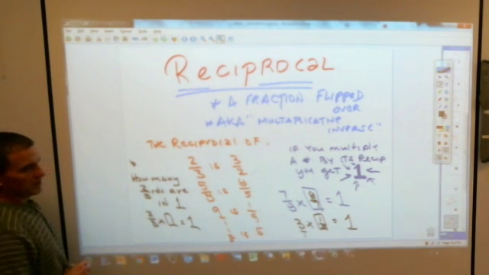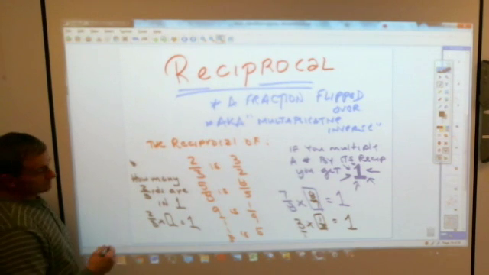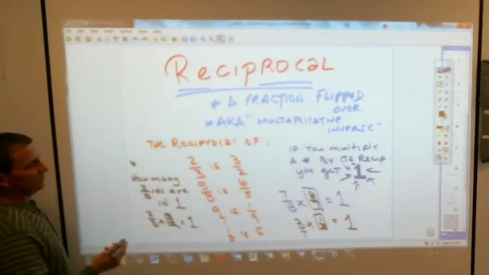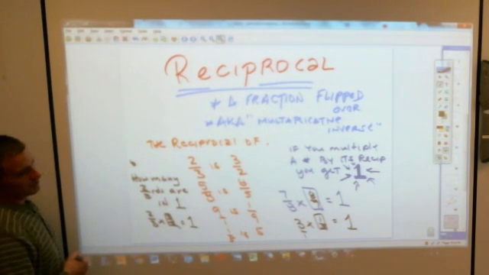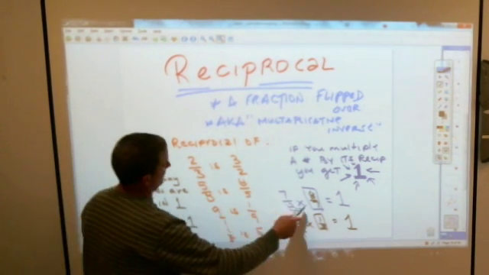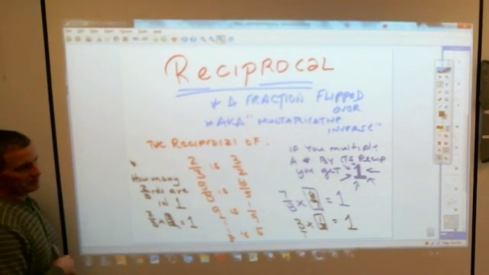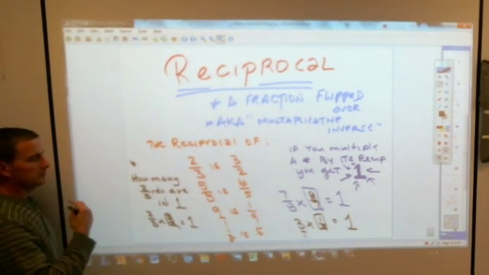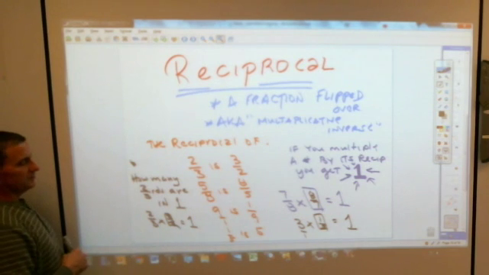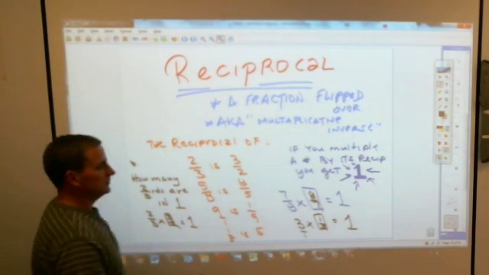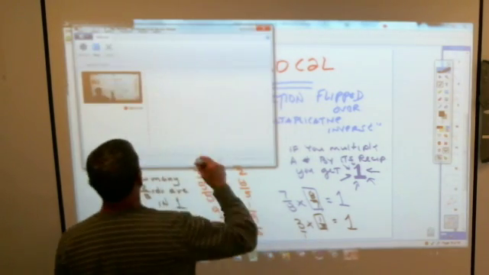John? 3/2. All of these are just different ways to ask you for a reciprocal. 7/8 times what number is 1? Or how many 2/3 are in 1? It's 3/2. You are just looking for what number times that fraction gives you 1. Hopefully, you'll remember that, but I know somebody will ask me,